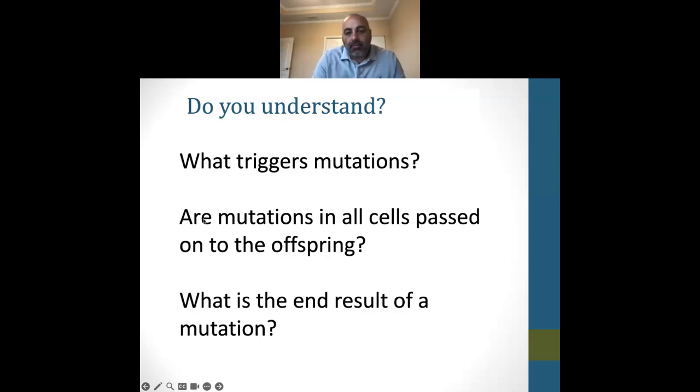So what triggers it? Like I was saying, mutagens. Those mutations are passed to the offspring. And so what's the end result? Basically this entire class, potentially. Whatever disease can be seen down the road. Okay? We can't repair the errors.